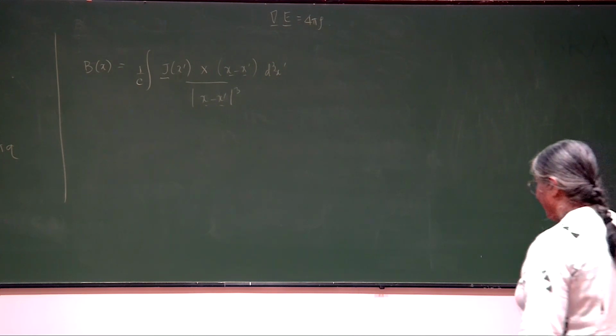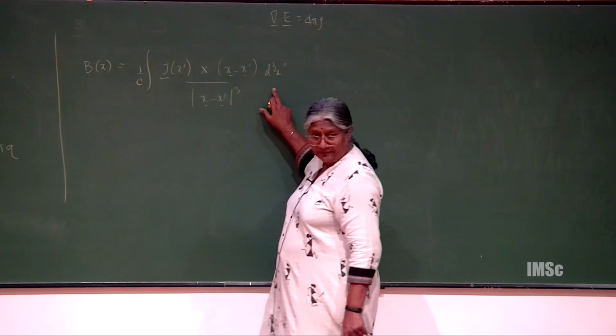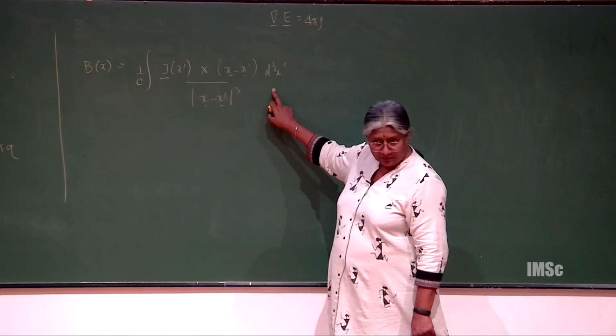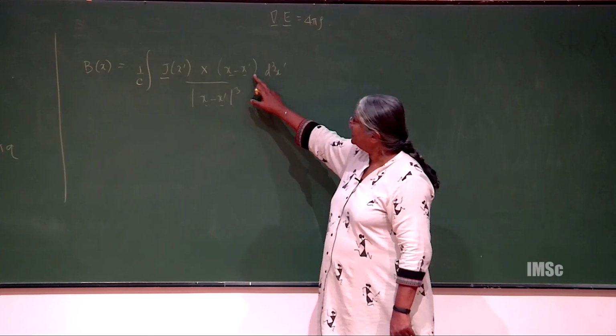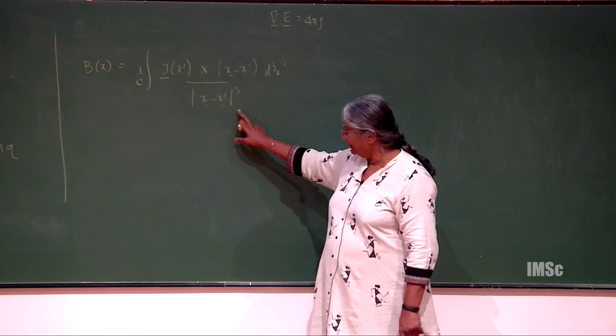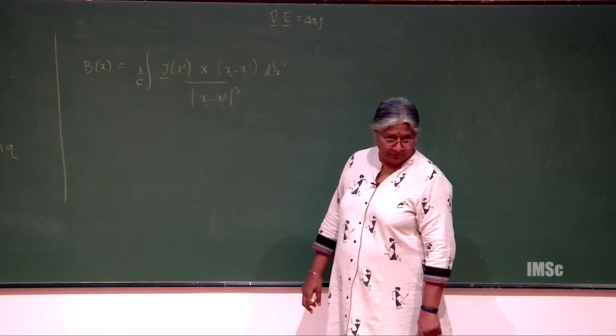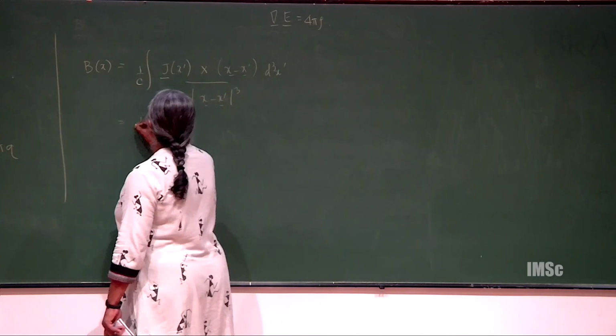So it is a function of x, but the integration variable is x prime, right? So it is not integrating over x. So can you see that the derivative of 1 by x minus x prime is exactly minus of this quantity, right? So I can write this as